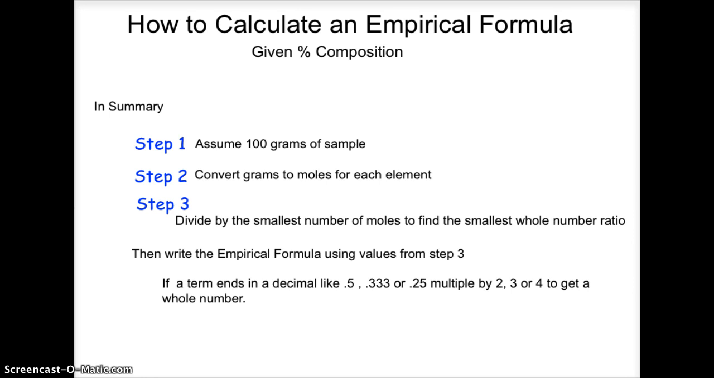So that is it. In summary, how to calculate an empirical formula given a percent composition. You're going to want to assume that you have 100 grams of sample. Step 2 is that you're going to convert those grams to moles for each element. And then step 3, divide by the smallest number of moles to find the smallest whole number ratio for the empirical formula and apply those numbers to the formula. If you end in a term like 0.5, 0.33, 0.25, you have to multiply by a number to get a whole number and apply then that multiple